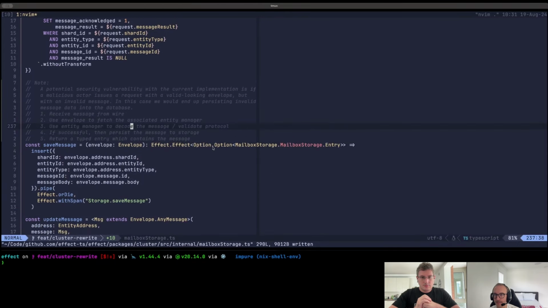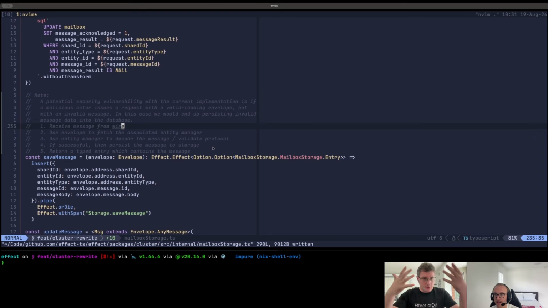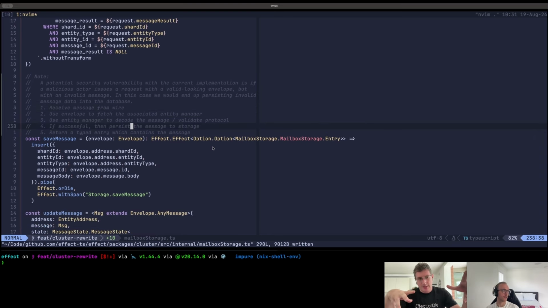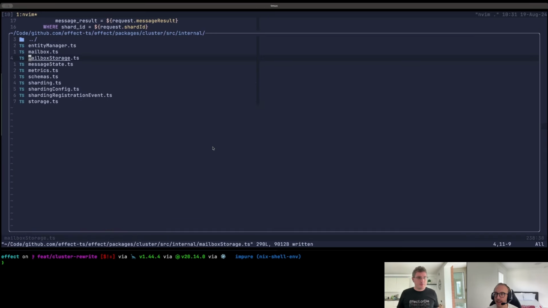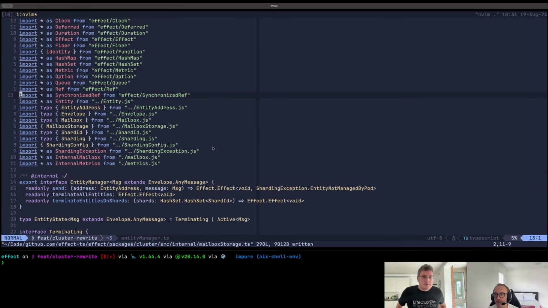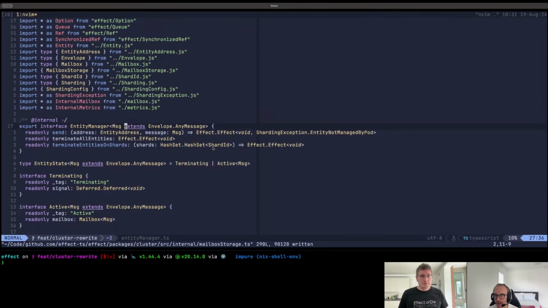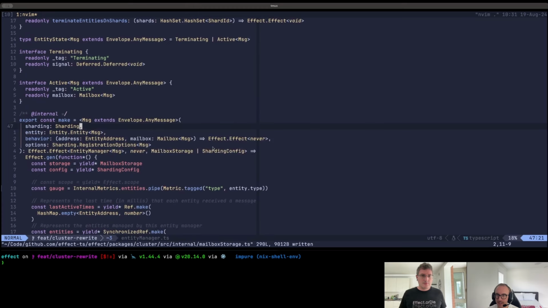Cool. And also, interface-wise it makes more sense, because at this point we have our entry, which is the thing that you basically ship to the entity. It's no longer the entity that has to do the serialization. The entity receives basically an internal queue of messages, entries. And that actually makes my life a lot easier, because right now I have the entity manager typed with its message, but this actually doesn't really